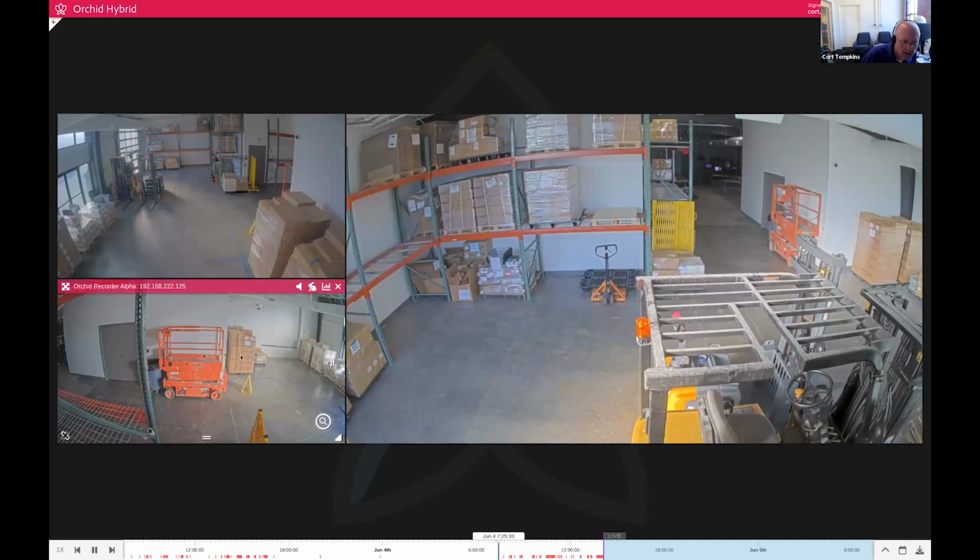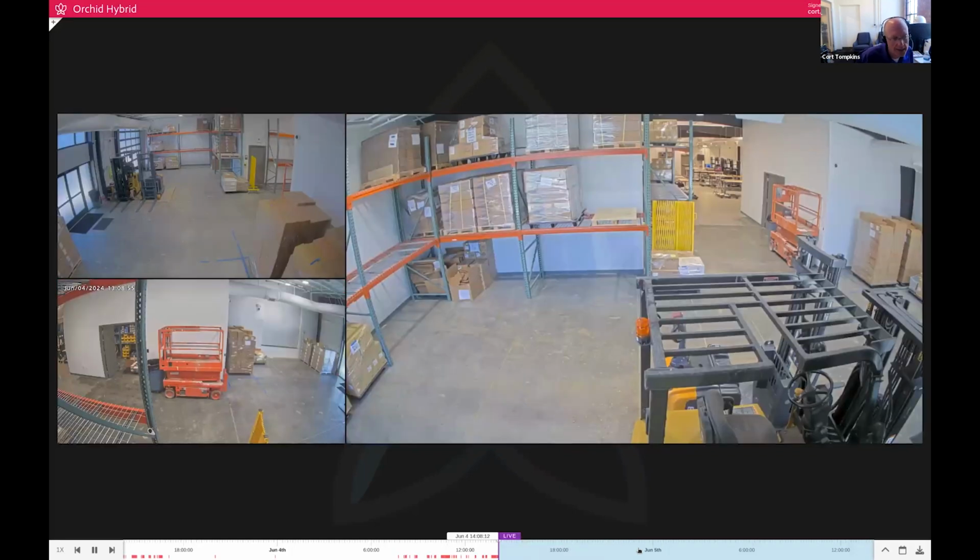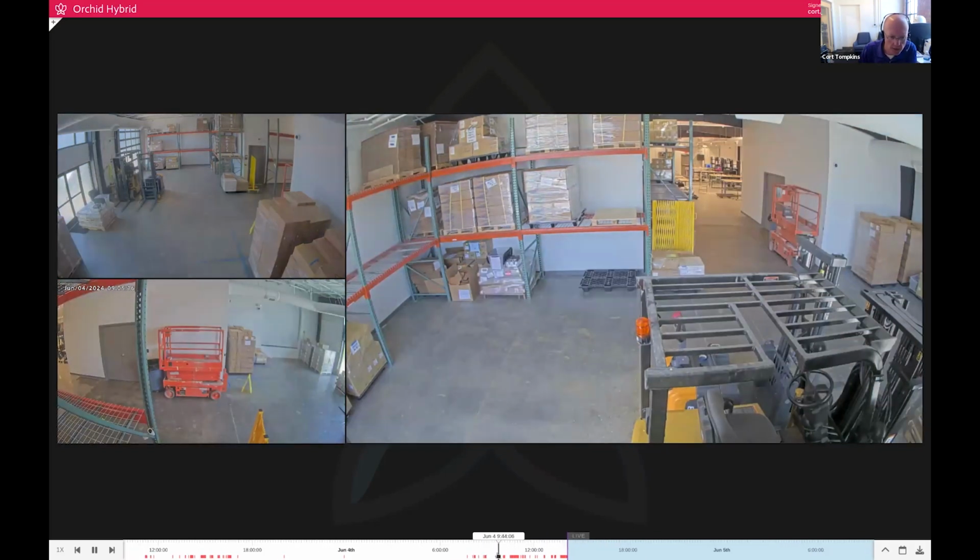You see this yellow sign in some of these views. So that sign was there this morning, and if I go to live video, I see that sign is gone. That sign is a very important piece of safety equipment. I want to know when it disappeared. Now I can grab this timeline bar and I can scrub around and maybe find when the sign disappeared, or